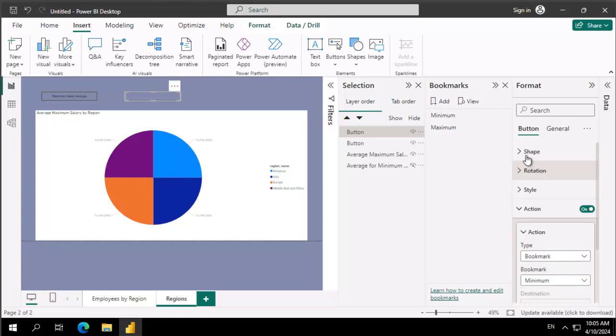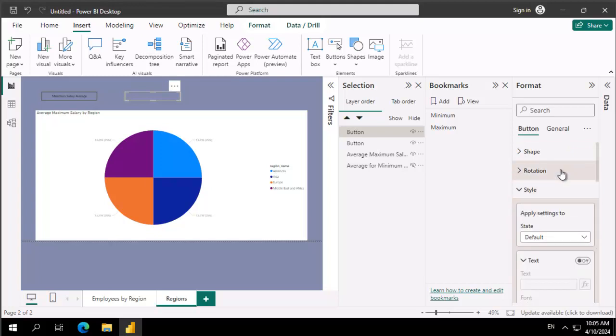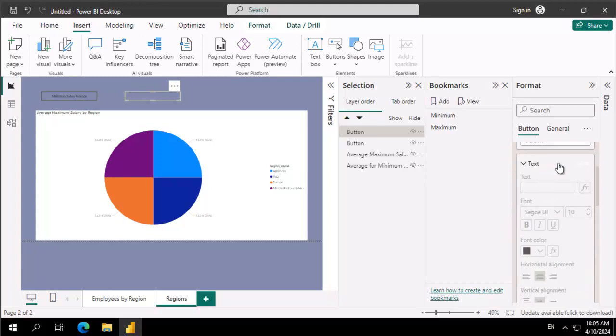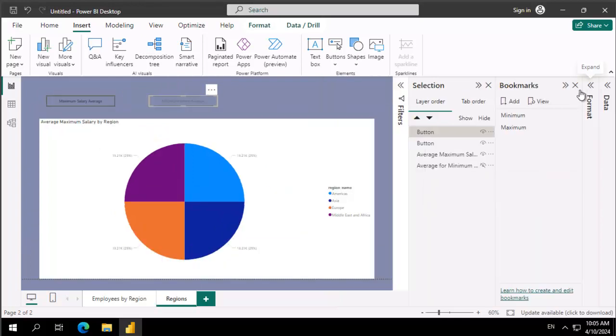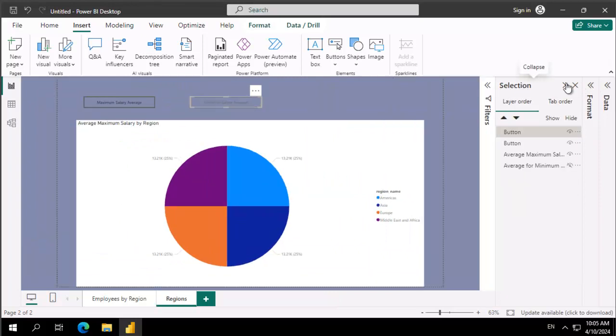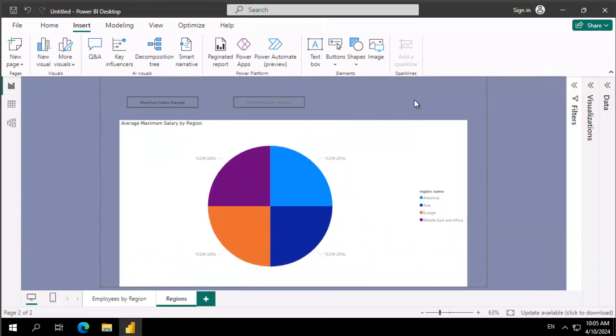And then we're going to go up to our Style. Add some text. This is going to be the average salary, or sorry, Minimum Salary Average. I tab out, and let's come all the way out of all of these panels, and let's see if it